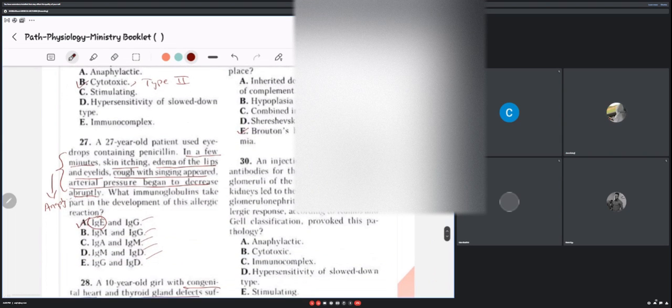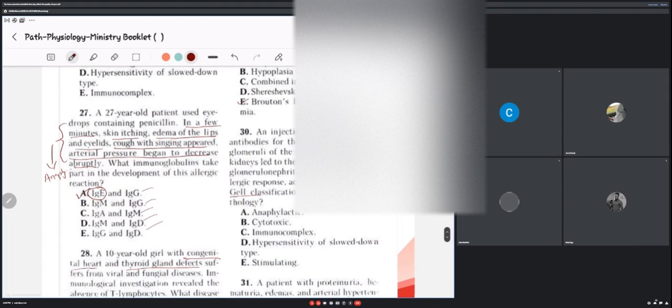An injection of a large dose of antibodies for the basal membrane of glomeruli of the experimental animal's kidney led to development of acute glomerulonephritis. What type of reaction? So this is still talking about what? Coombs test, isn't it? Because here they mentioned it clearly. Coombs test is all about antibody antigen reaction with the red blood cell, and that's what this is explaining. So it is cytotoxic